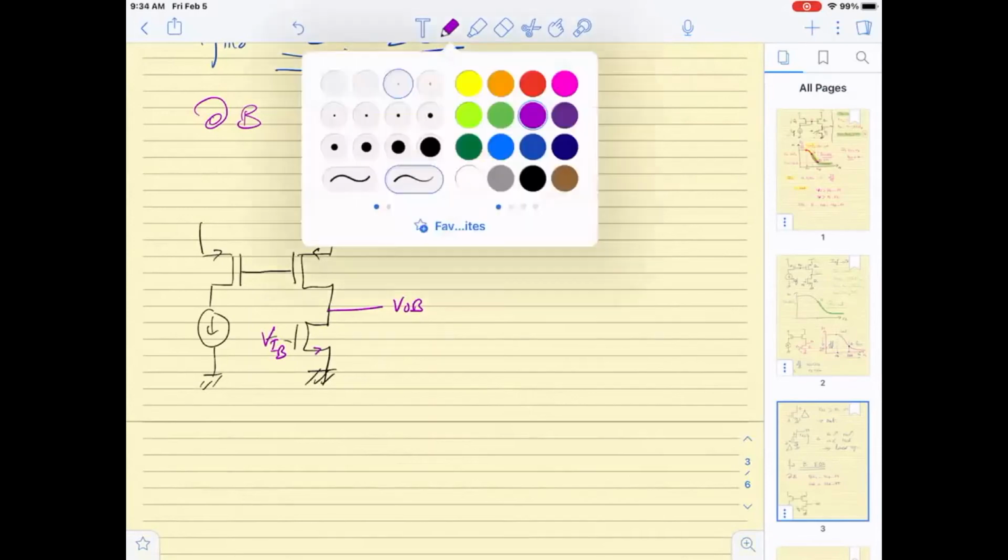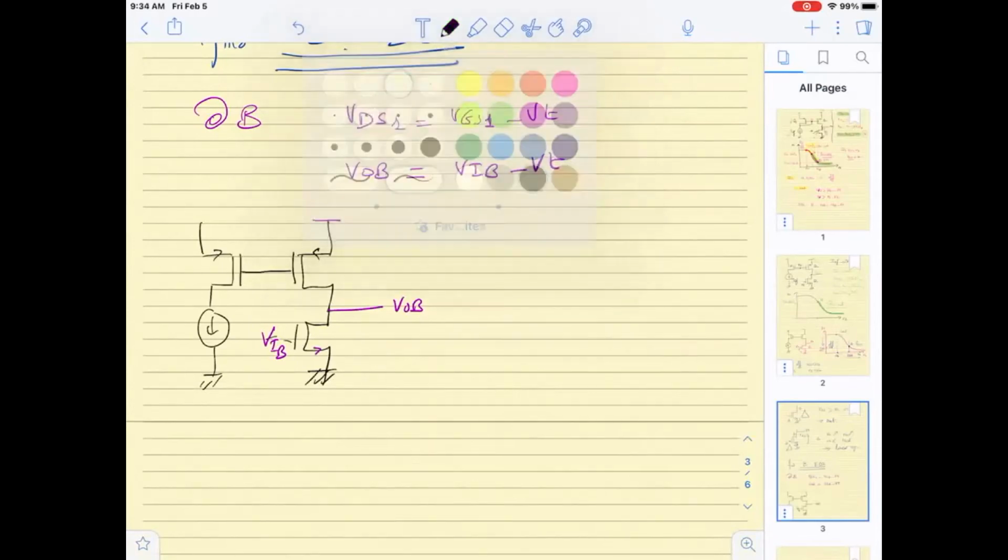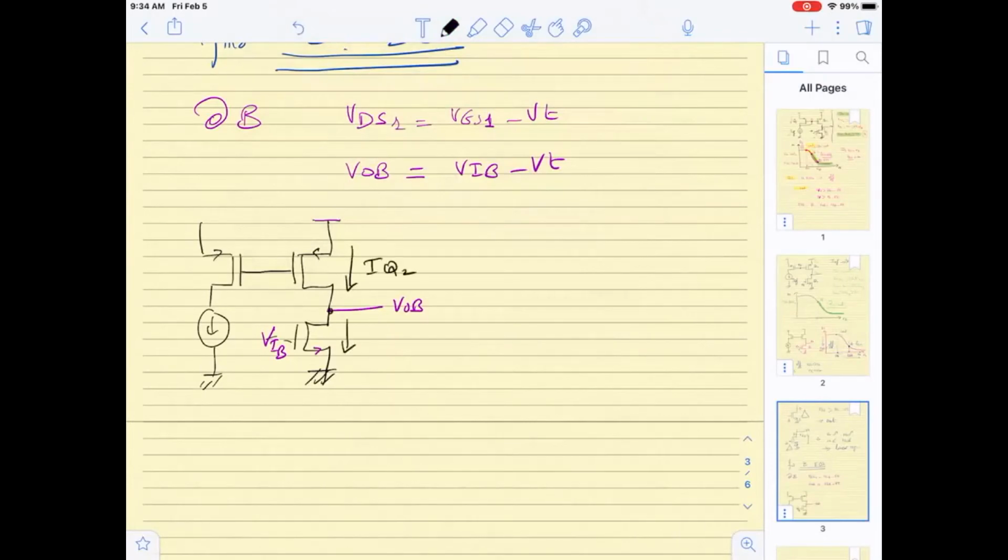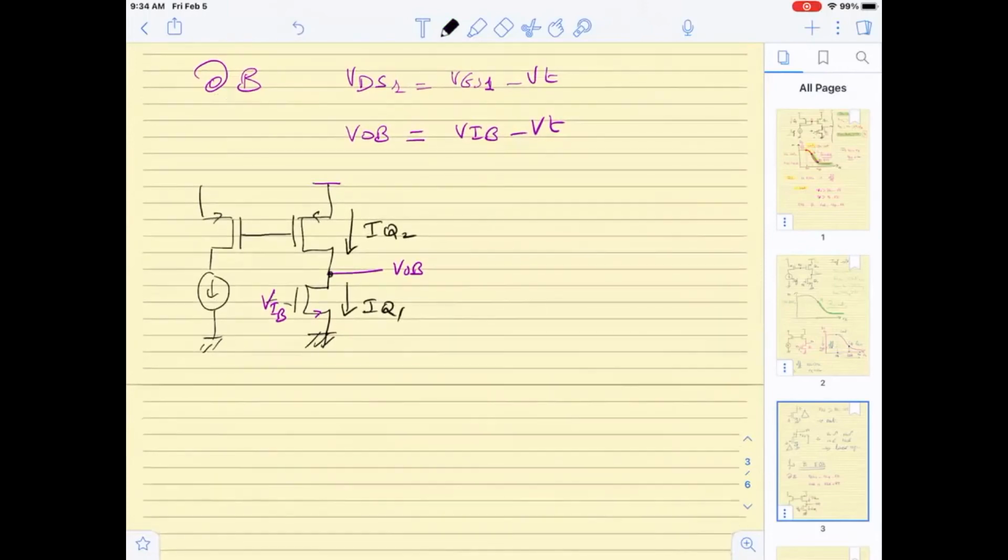So how do I solve for the current? I will need to say that IQ2 is equal to what? IQ1, right? So if I say that IQ2 by virtue of KCL is equal to IQ1,